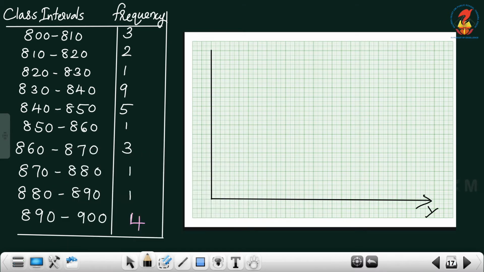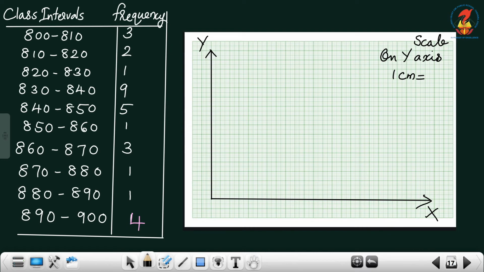Now this one is the x-axis and this one we can take as the y-axis. Then after that we have to select the scale. So on the y-axis, 1 centimeter is equal to...